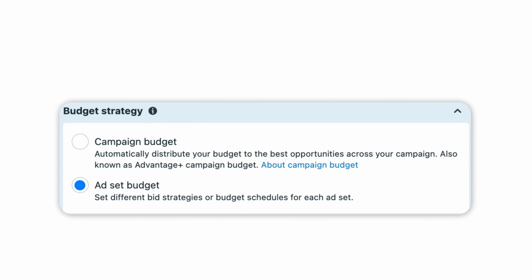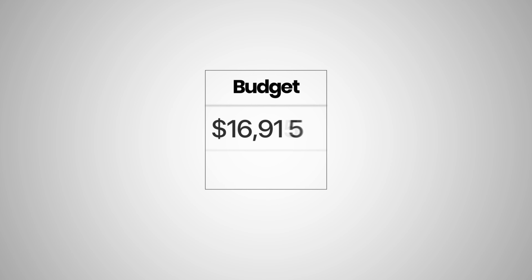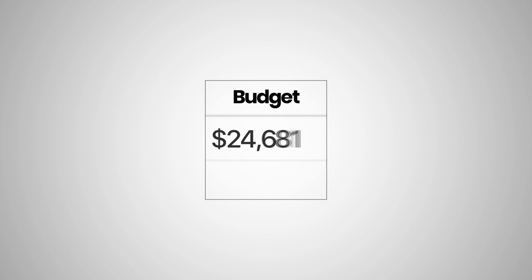If you're doing an ABO setup in your testing, not only would I transfer it over with post ID to my core campaign, but I would also increase the budget of that ad set as much as possible in that testing campaign as well, because the graduation process, basically going from testing to scaling, doesn't always work. Doesn't matter what you do, it doesn't always transfer over. And whenever you move an ad, it's always a risk. So in order to reduce that risk and actually make that ad spend a lot of money, you want to just scale it where it is, which is why if you have a testing campaign with an ABO setup,